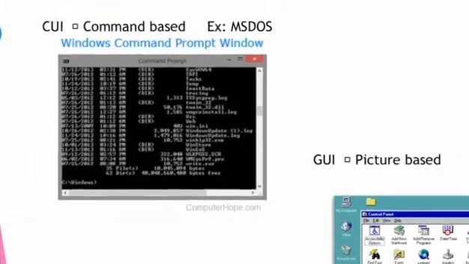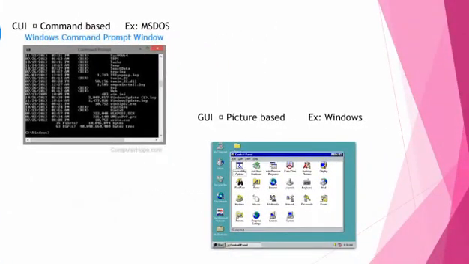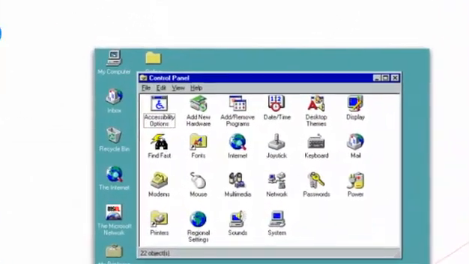The next one is graphical user interface. On this screen, Windows is the best example of the graphical user interface. On the screen, could you identify that everything is given in image format, isn't it? If you want to know what is in the computer, we can click the computer icon. If you want to see the mouse operations, we can click the mouse picture.